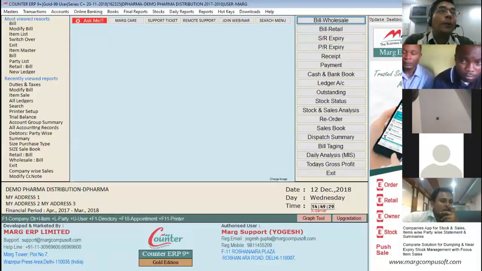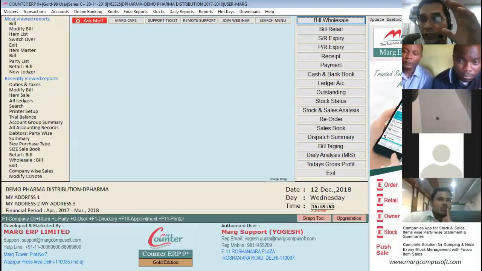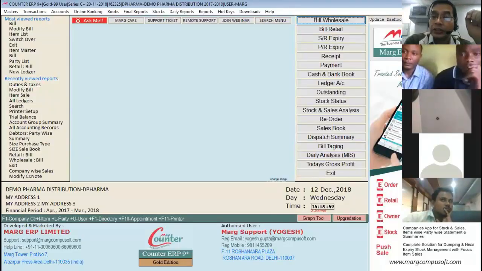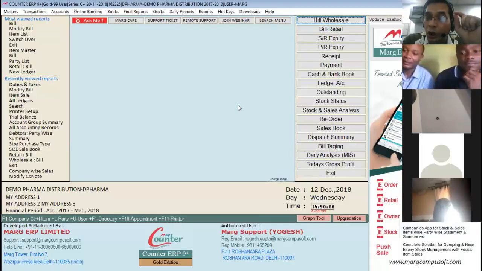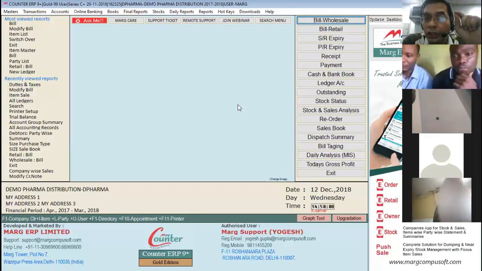So now I'll be talking about the user creation. I'll create a user. I'll assign some authority to the user so that he would be able to do whatever work you have assigned him. Now you can customize your users. You can customize your options, your menus for a specific user. Only certain options he can see, the rest of the options he won't be able to see. So firstly, I'm telling how to create a user.